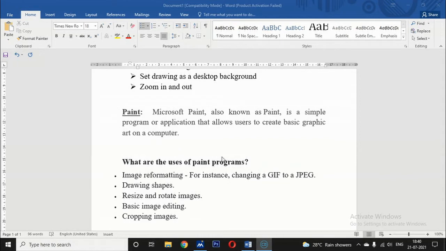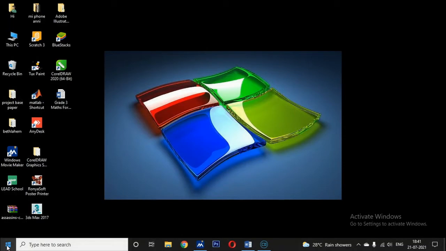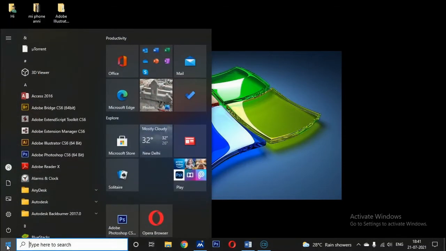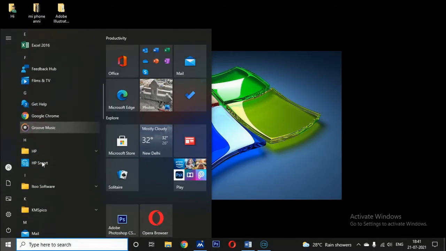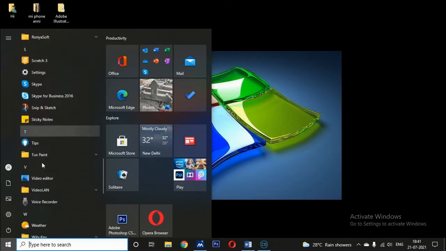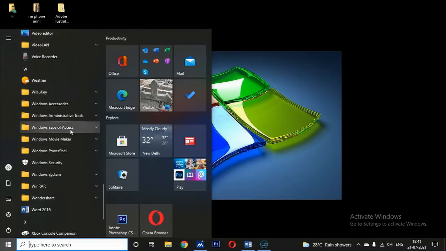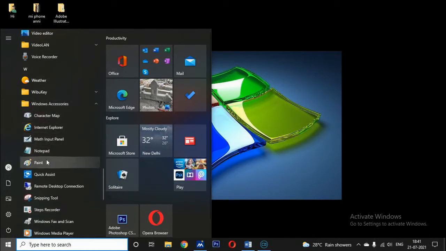Now children, let us see how to open Paint. First go to the Start button, and in the applications go to Windows Accessories. Click the drop down button and you can see the Paint icon.